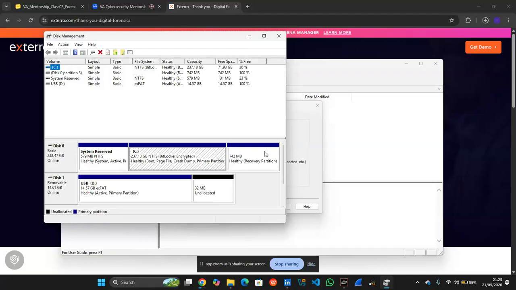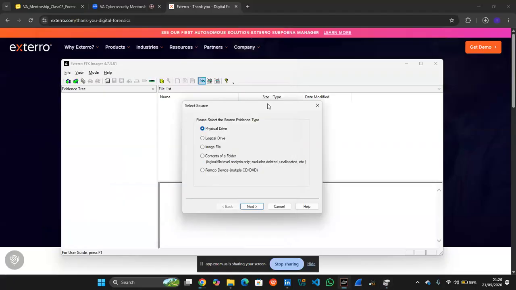So one of these partitions can be called a logical disk. This one is unallocated space, I can't call it a logical disk. So let's say just for example this system reserved and this can be called logical disk. That's basically an example of logical disk. Let me just minimize this because I'm also going to be referencing something with it later on.